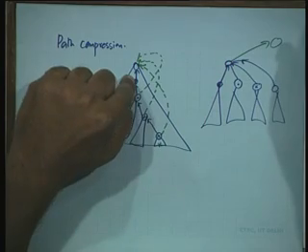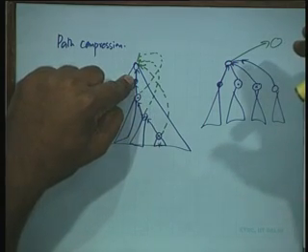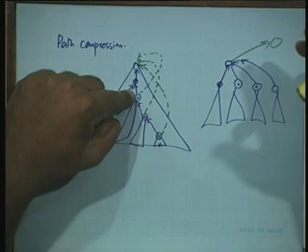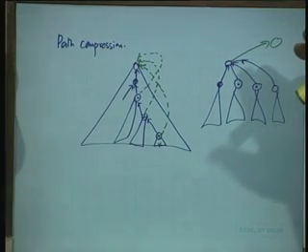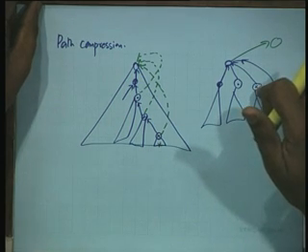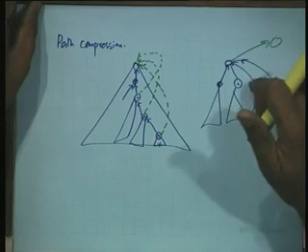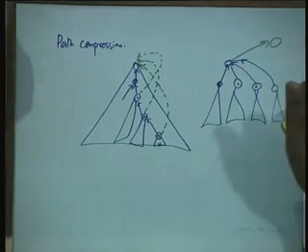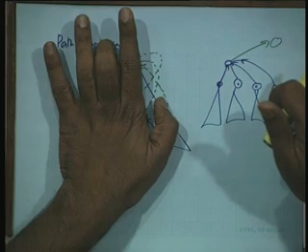If I do a find on a vertex for which a path we have already taken, which means it already has a pointer pointing to the root, then there is no need to change it. For instance, I did not change this, because there is no point in changing a pointer that is already pointing to the root. This we will change, because it helps the next time we do a find. The next time the picture is this. So we will look at this picture and decide what to change and what not to.